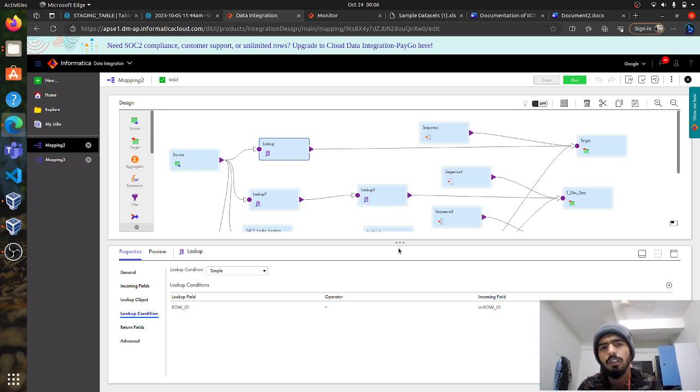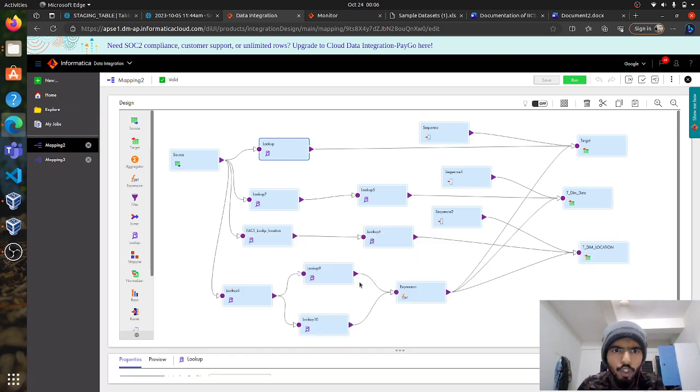If both are equal, something will happen. If both are not equal, then another thing is going to happen. We are going to discuss it. So here, as you can see, only one lookup table is present, but in both of these tables, two lookups are there. So what is the difference between them?